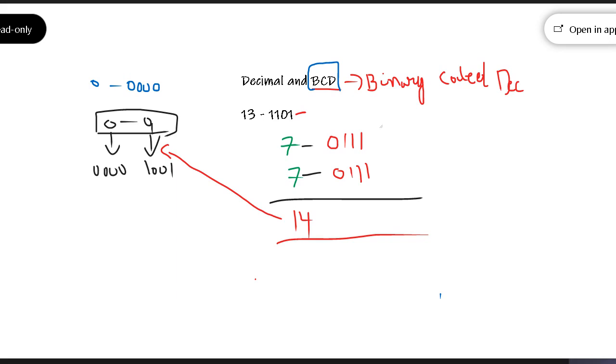But what is the maximum representation value you can have here? 9 in decimal. So if I add it, you see that 1 plus 1 is 2, so 0 with 1 carry forward. 1 plus 1 is 3, so again 1 carry forward. All ones, then again 3, then again carry forward. Now, is this right?